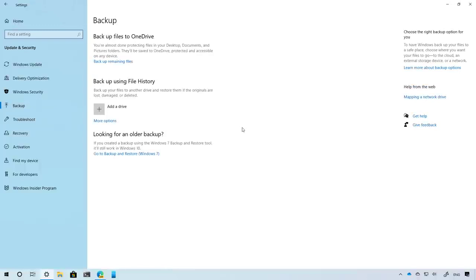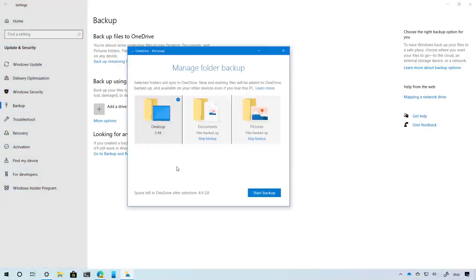Also, the backup settings is getting some minor tweaks to include an option to back up your files inside the desktop, documents, and picture folders to OneDrive. If you want to use this option, you can always click this link, and that will open the OneDrive experience